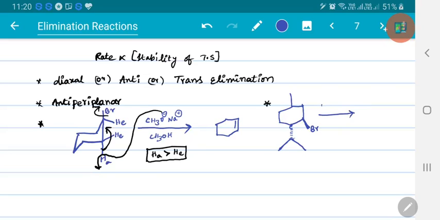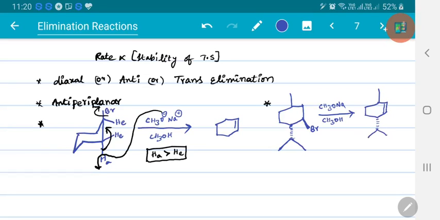So when this is allowed to react with CH3ONa in the presence of CH3OH, because we are using a strong base, of course heating is required. Now this will lead to product formation only in one direction. There is only one possible product.